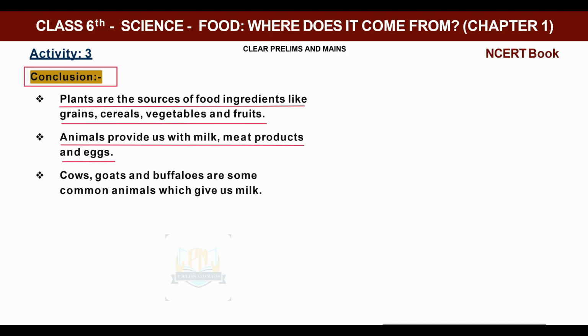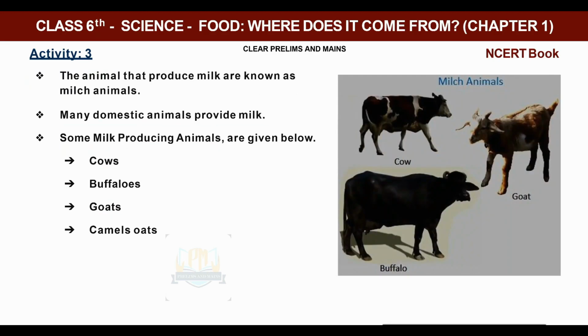Cows, goats and buffaloes are some common animals which give us milk. Cow gives, goat gives, buffalo gives, camel gives, so many other animals give milk. But the main sources are cow, goats and buffaloes. The animals that produce milk are known as milch animals. वो एनिमल जो कि मिल्क प्रोड्यूस करे, नॉन एज नॉट मिल्क एनिमल, रिमेंबर मिल्च।